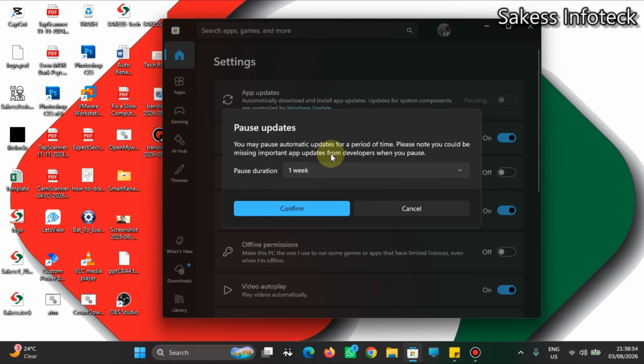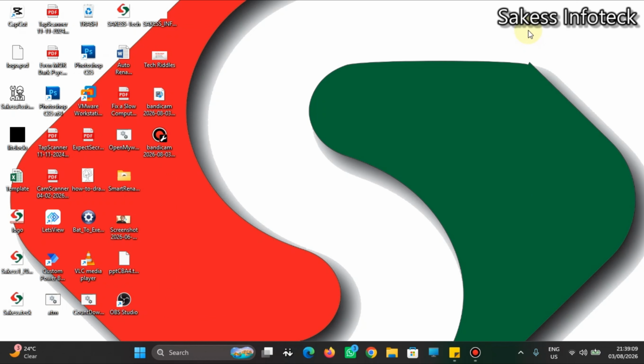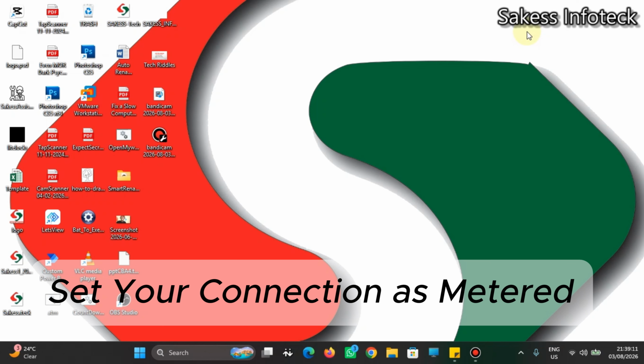Here you can specify the pause duration. It can be 1 week, 2 weeks, 3 weeks, per your preference. When you are done, you click on Confirm. So this is the fifth option, to disable automatic app updates. The sixth option is to set your connection as metered,